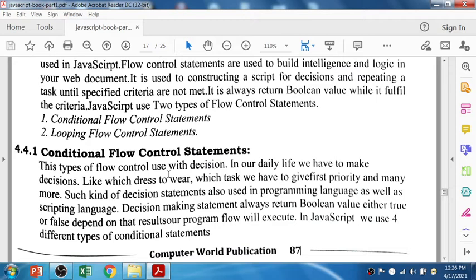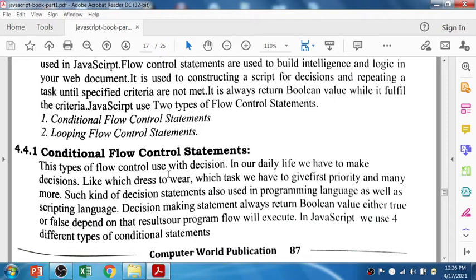In our daily life, we have to make some decisions, right? What type of dress we want to wear, and whether that dress is suitable for the specific event, right? What type of food we want to eat or prepare for dinner or lunch. All such are decisions.